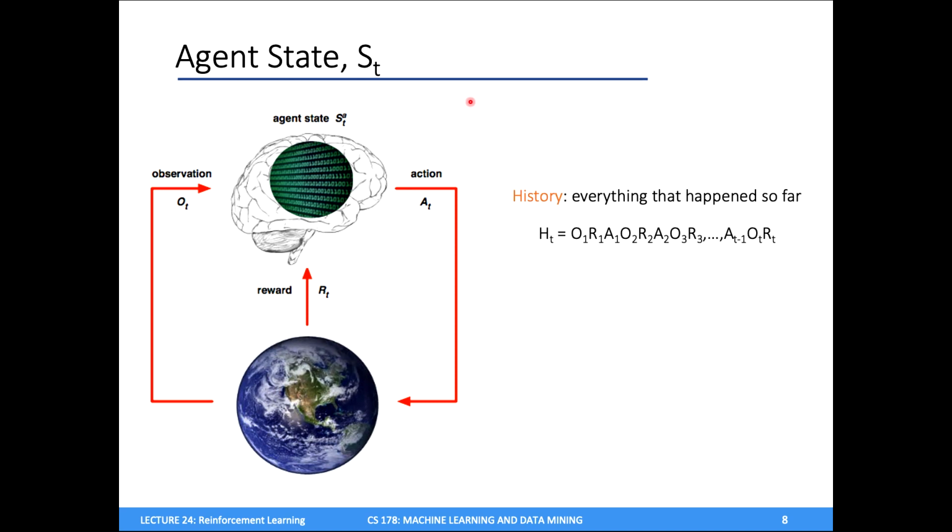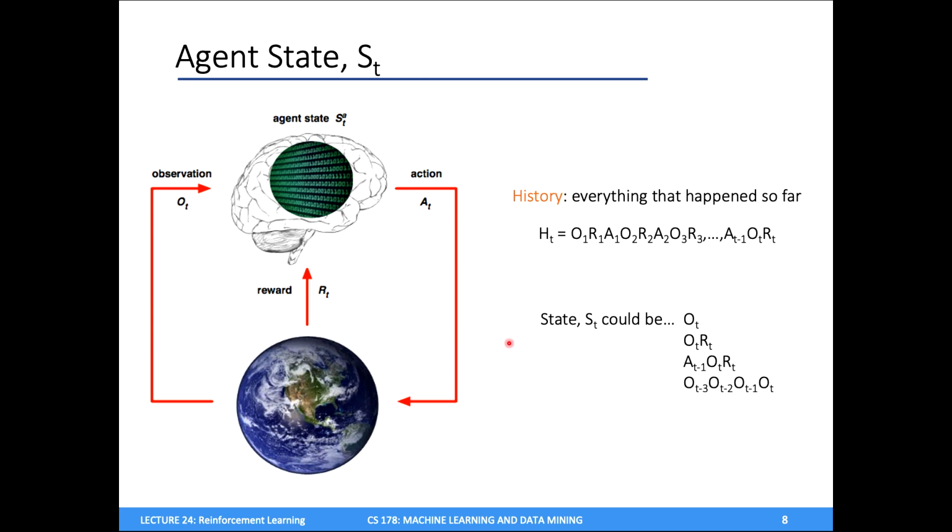So if we observe our environment over T steps, taking actions, we can define a notion of a history. And this history is simply everything that has happened so far. For example, our history up to time T might be an observation, O1, a reward, R1, and then a subsequent action, A1. Then this loop just repeats for the next time step. I get an observation, a reward, and an action, and so on, up until the current time, t. Based on this total history, I now need to decide what action I should take, a sub t.